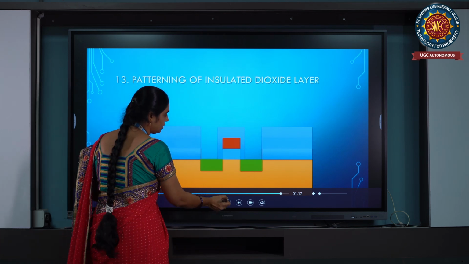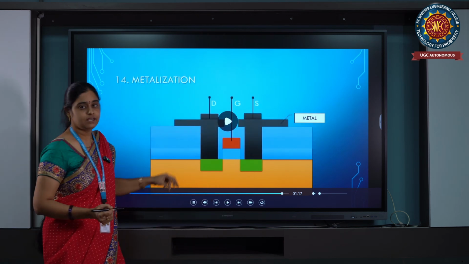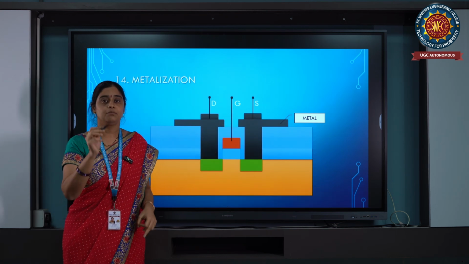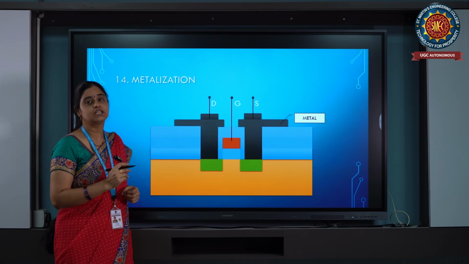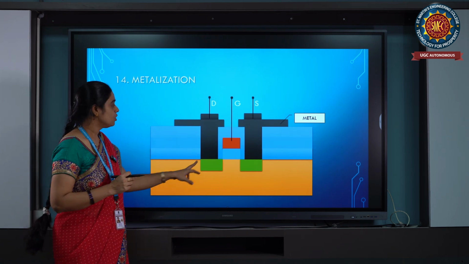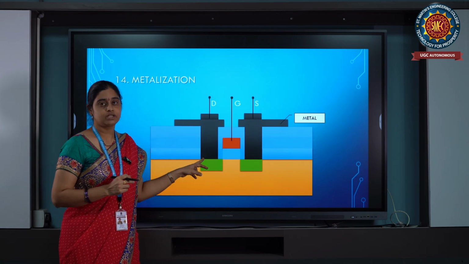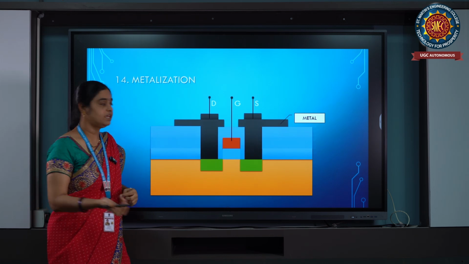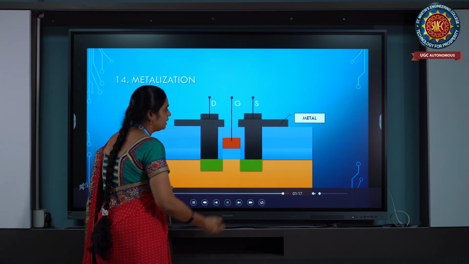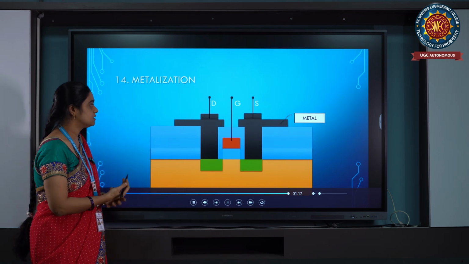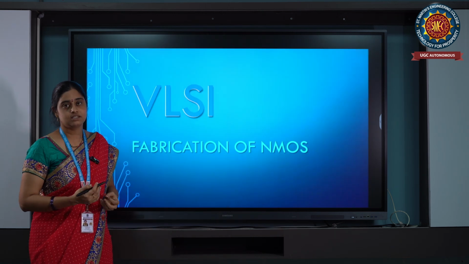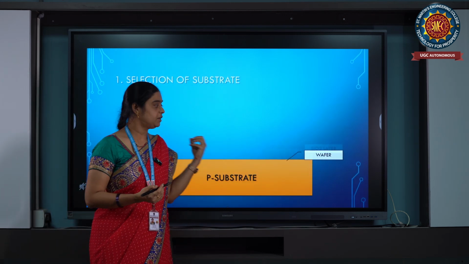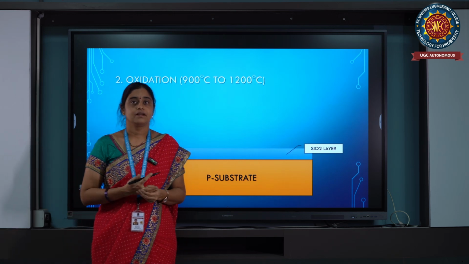So these three terminals, you can see here, this is source, this is drain and this is gate. All the black color represents the metal, which is aluminum metal we have placed with a thickness of 1 micrometer. So this is the final step which we are using, which is known as metallization. After metallization, we can easily use this transistor. Later we will package this transistor and we will use it in our applications. So hope you have understood this complete process of NMOS fabrication. Thank you.